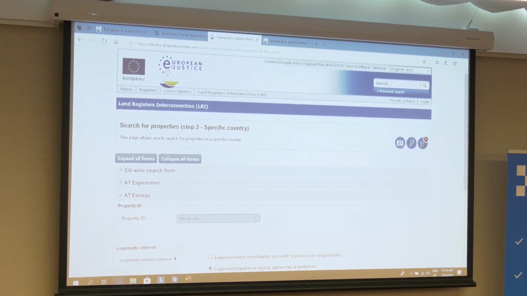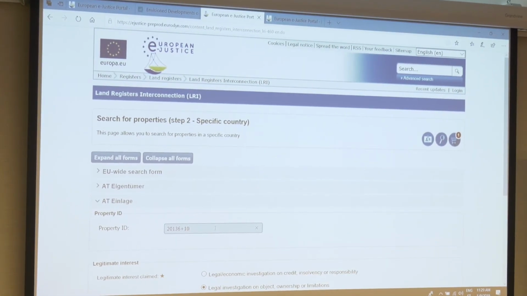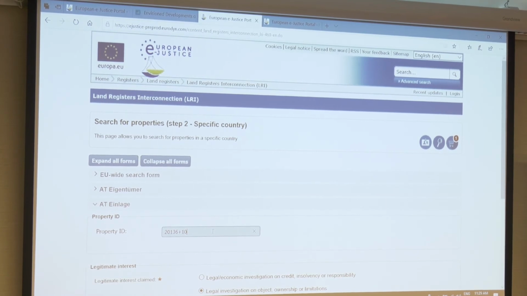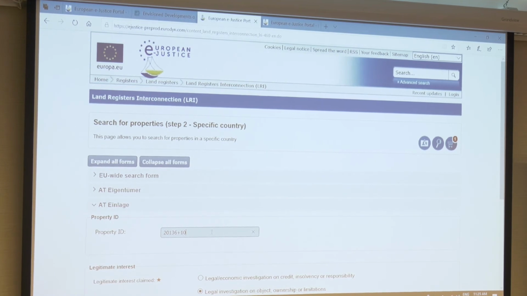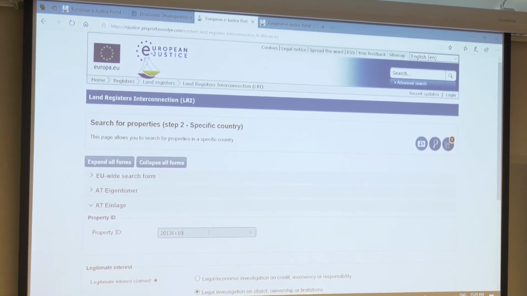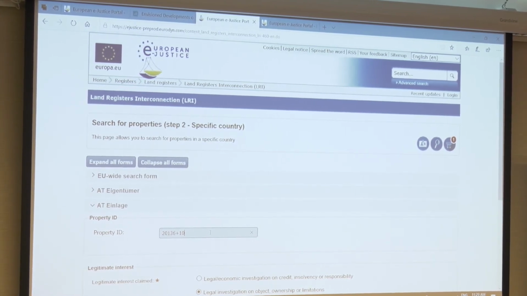This is already one example. We had to invent some rules for entering the ID, because in Austria it's not one simple number, it's built in a certain format, and this format is not supported in the current search options of the Commission.